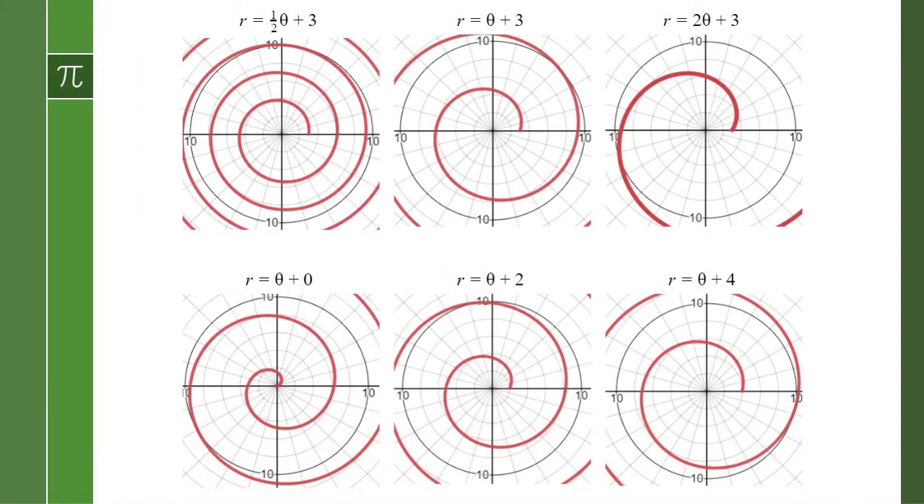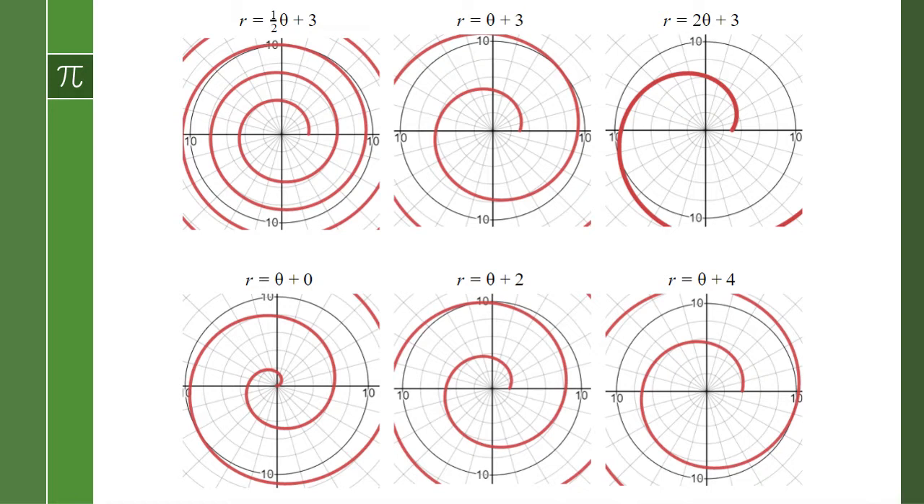So our first slide here has a bunch of examples of different spirals of Archimedes. You can see that they all just kind of look like snail shells or spirals that start towards the middle of the graph and then wind outward. They're called spirals of Archimedes simply because Archimedes was the Greek mathematician who first studied and described them. So you have examples here of 6 different spirals and their equations,